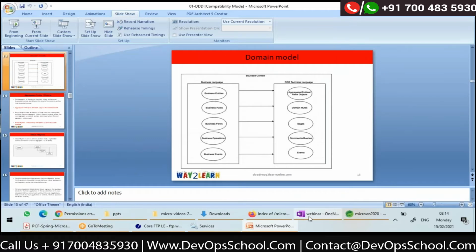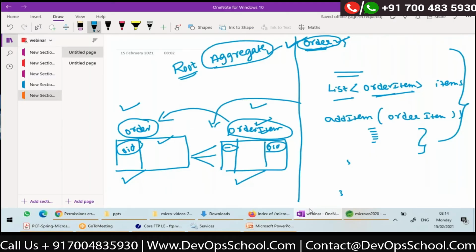If you are implementing an order management system for some applications like Swiggy, Swiggy is a popular application, right? So in Swiggy, there is some business rule. Let's say you are ordering some food item from restaurant 1.